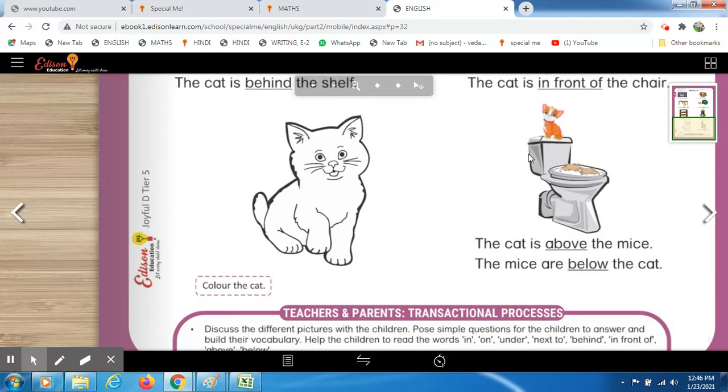Above होगा तो ऊपर, below. If we use below in the sentence, that means नीचे. If we use behind, तो behind का मतलब होता है पीछे. And if we use in front, तो that means आगे. Done. So now you will know the meaning of all these words, but how you come to know about